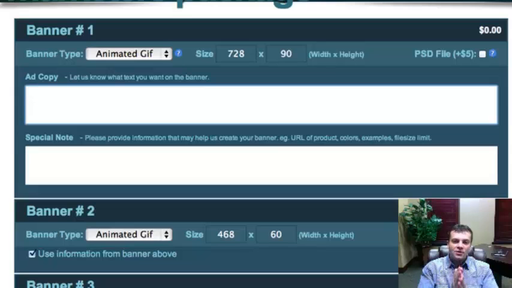So in your banner message, you don't want to have your product messages in there. You want to have the core message, that core desire, what your customer wants to get from your product. You want to have that message in your banner. Does that make sense? Again, it's basic stuff, but so many people just overlook that, and then they're wondering why their banners don't convert. Even a lot of vendors